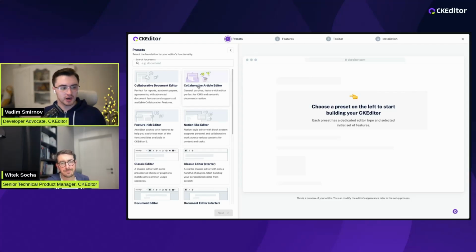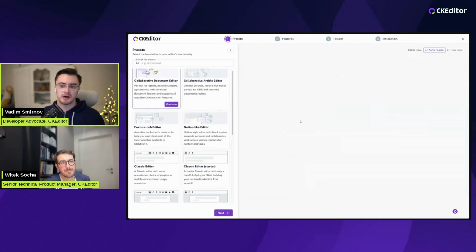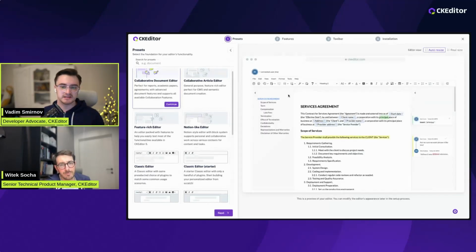If you remember the demo page, this is basically an interpretation of the demo page into actual usable presets. It's a little bit different, not exactly the same presets that you can see in demos, if I remember correctly. I'm not sure, but in general, presets are already complete setups with selected plugins which look complete,